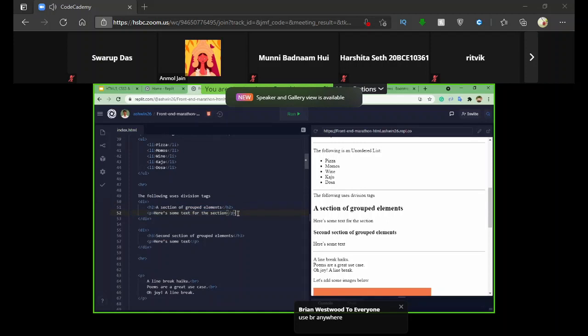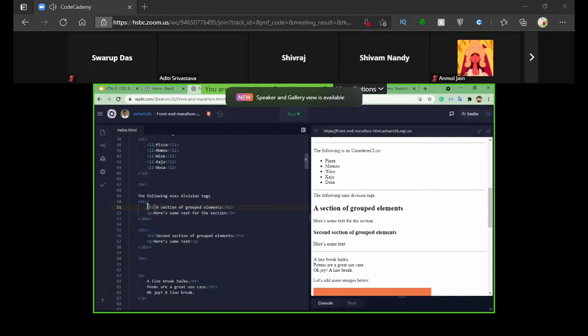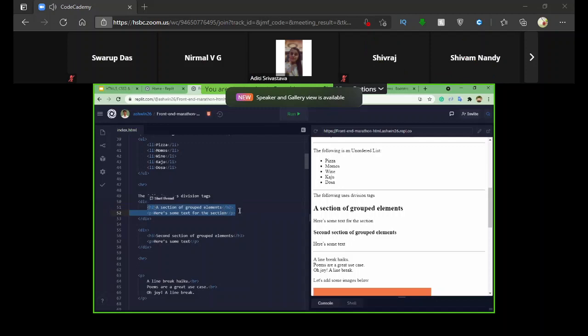Whenever you want to apply stylistic features to this set of elements, and we are going to discuss CSS as well, we use this division tag. We use this division tag so that we can wrap all of them into a single container. So that's what it is. Okay, did you get it?